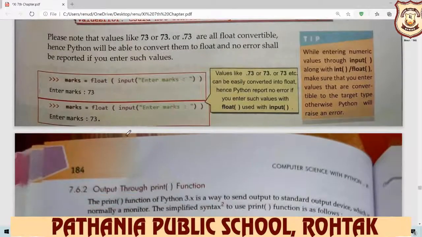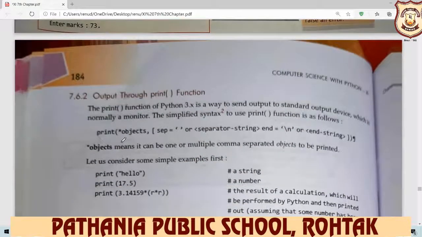Okay. So this is your simple input and output. Now these all are about input. Now output is very simple. Your type function and your print function, these all are your output. Through print, just write print and a message, and it displays on the screen. If you write a variable name between these, it displays the value of the variable.